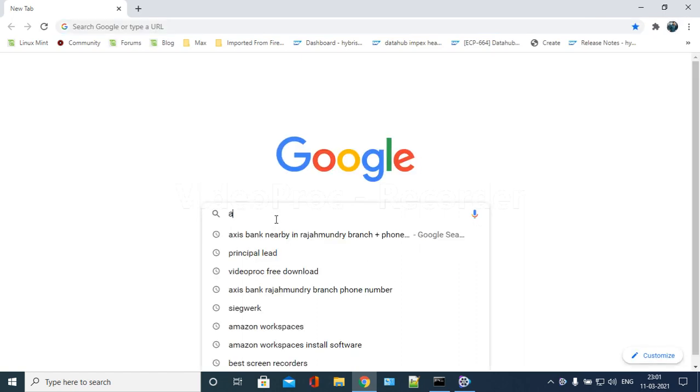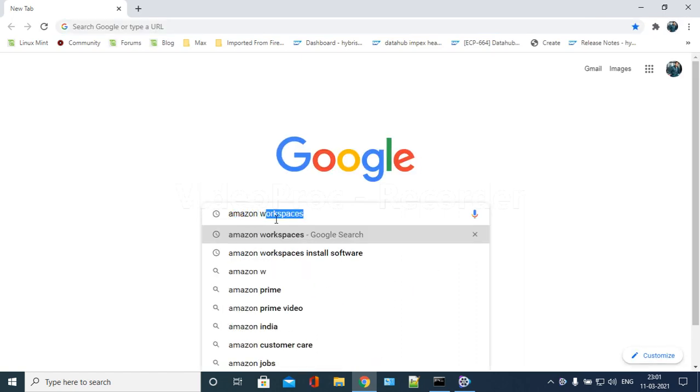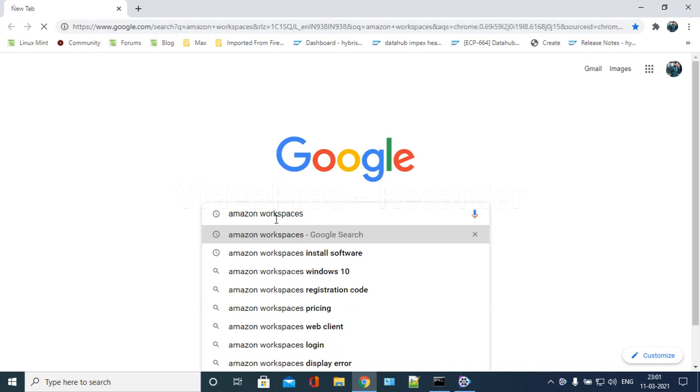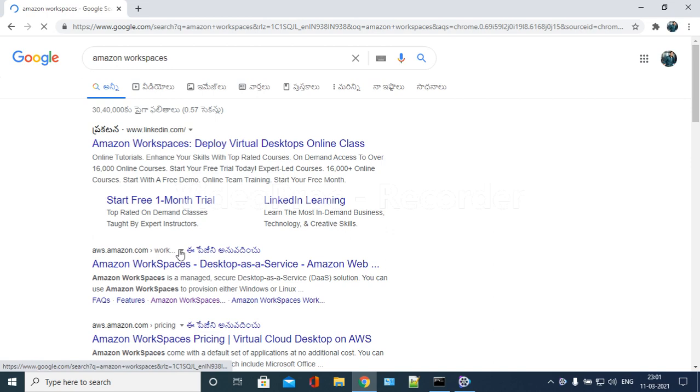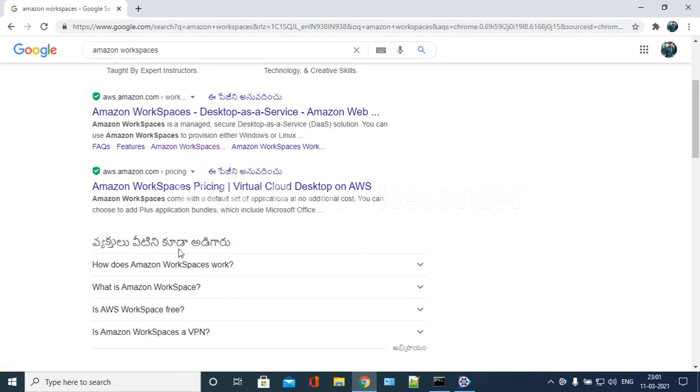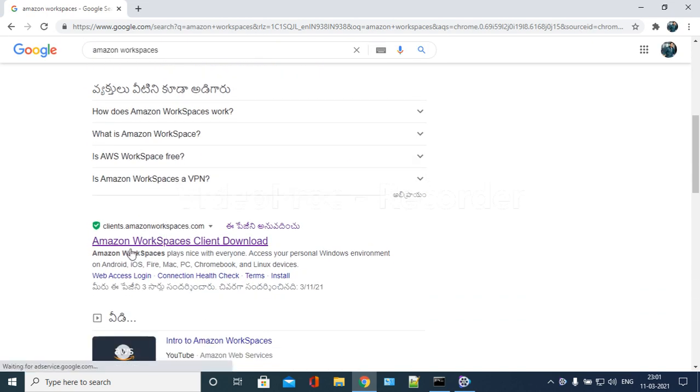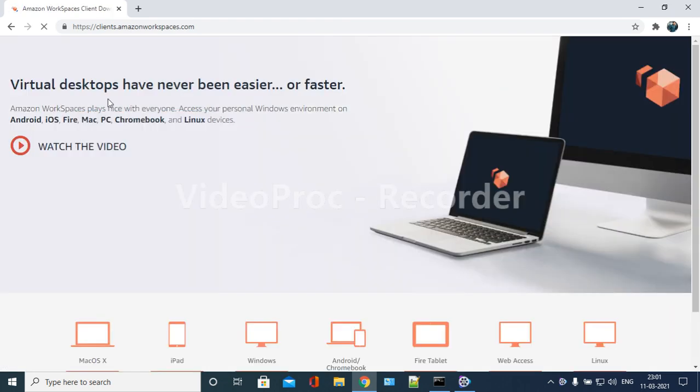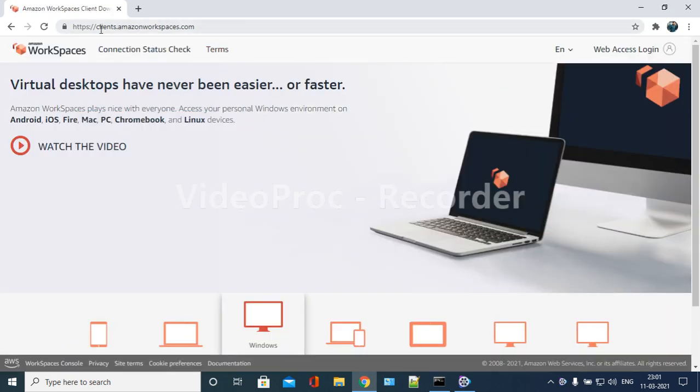Just type here Amazon Workspaces. Enter. Navigate to. Okay. So this is the clients dot amazonworkspaces.com. So here